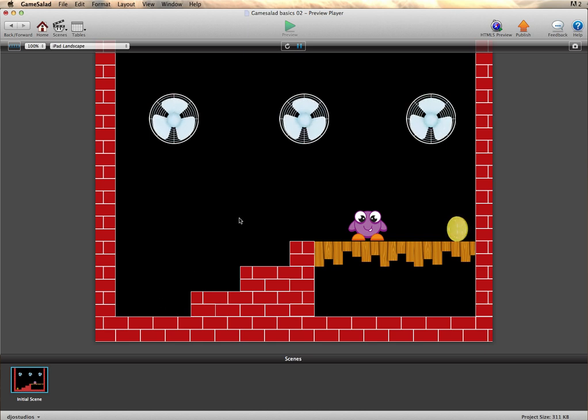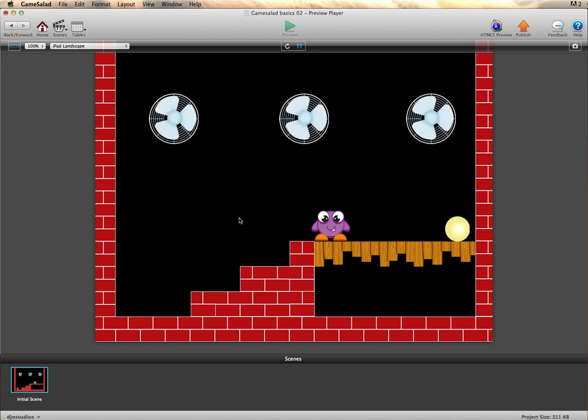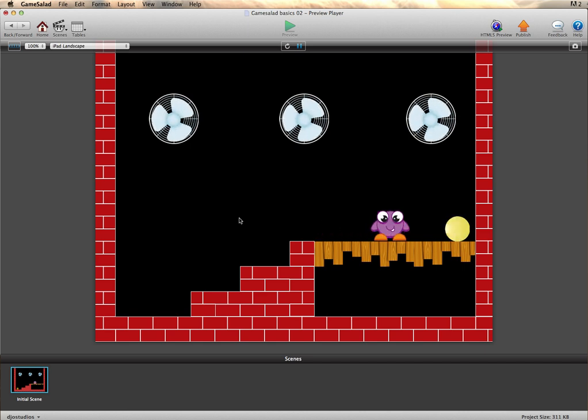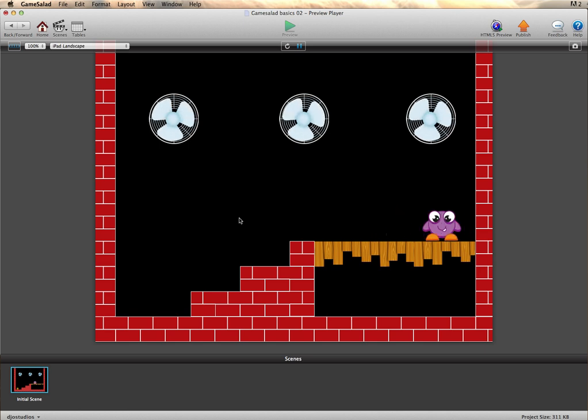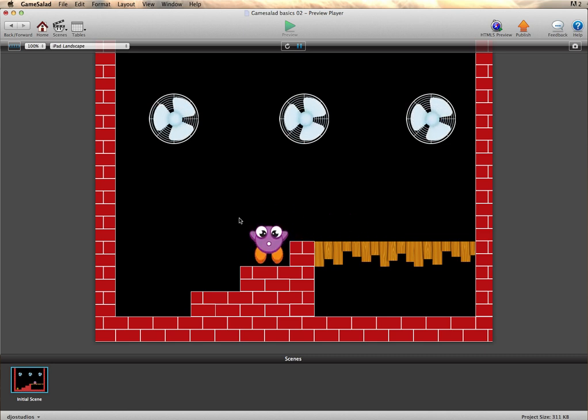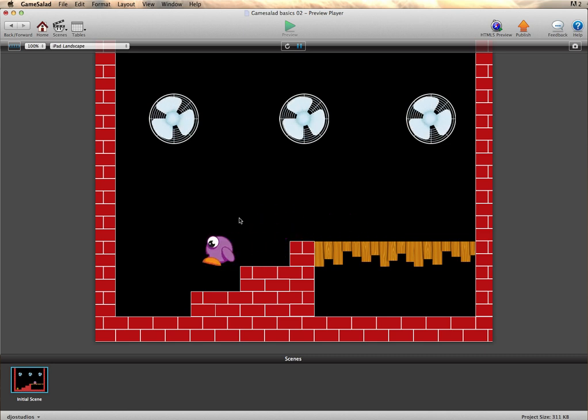So I've got some movement attached to the character on the keyboard using left and right arrow keys. So left key moves it left, and right moves it right. And when I stop, it just assumes this static position. If I go over to the coin, I can basically pick it up. In other words, when I collide with it, it does disappear. And then if I walk to the left, it will fall down to the next step,